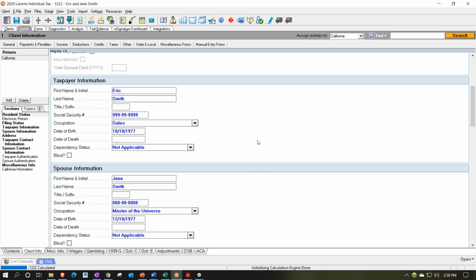Now, you might think that this shouldn't make a difference due to the fact that they're married now, so they're like one taxable entity. And isn't that what happens when you get married? They're just like one taxable entity. That is the case for the most part. But there could be some types of things that we need to tell the software so it can give us some advice. For example,